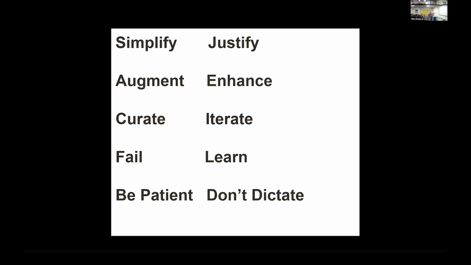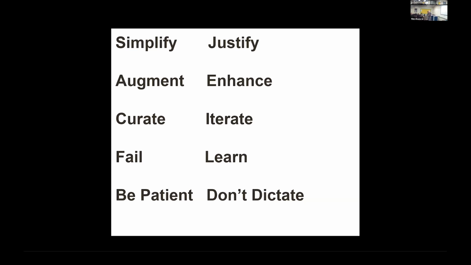Curate and iterate, I'm definitely going to hit these. In curate, you don't have to reinvent the wheel yourself. There's lots of materials you can get out there, including fully made Canvas shells. Iterate, that's the beauty of it. I don't try to build one Canvas shell I'm going to use forever. You take over what you want from a past semester and bring it into a new one, and constantly change it, make it evolve. One of the big lessons, as the Canvas administrator, when I help our teachers: the copy to button, how do I send something from one shell to another shell? Send over what works and leave behind what didn't.